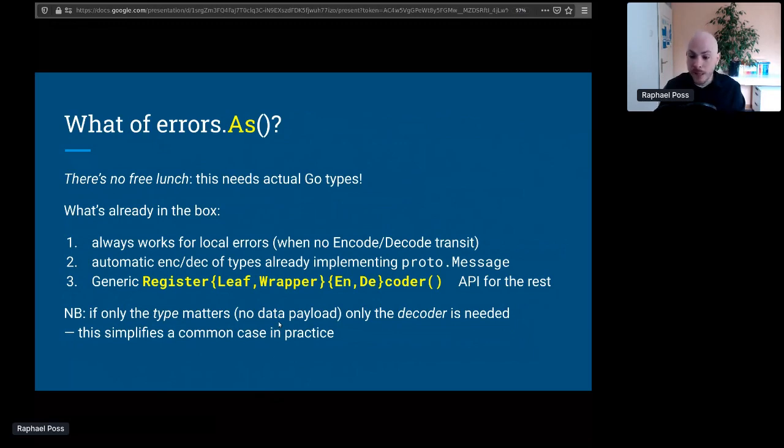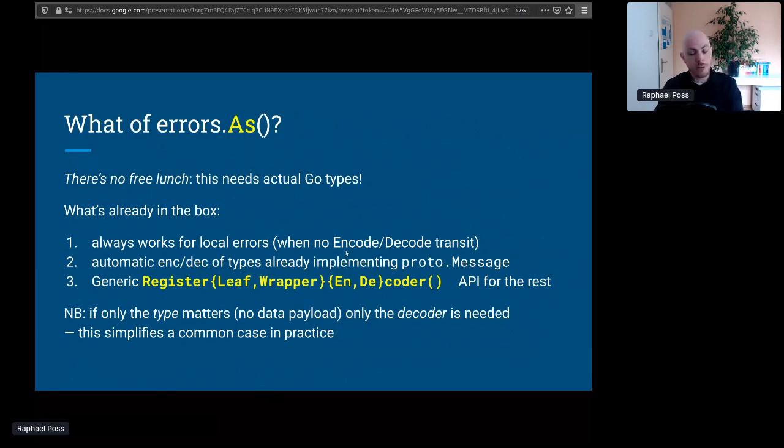And that we cannot automatically generate today because we can't construct type definitions dynamically in the Go language. And so unless your error is local or it already implements proto.Message, in the solution we provide, we have to use a registry of encode-decode functions that are able to convert errors into protobuf messages and the other way around.